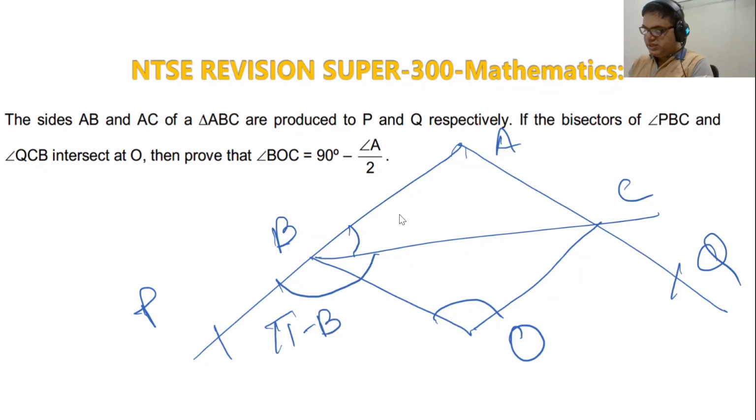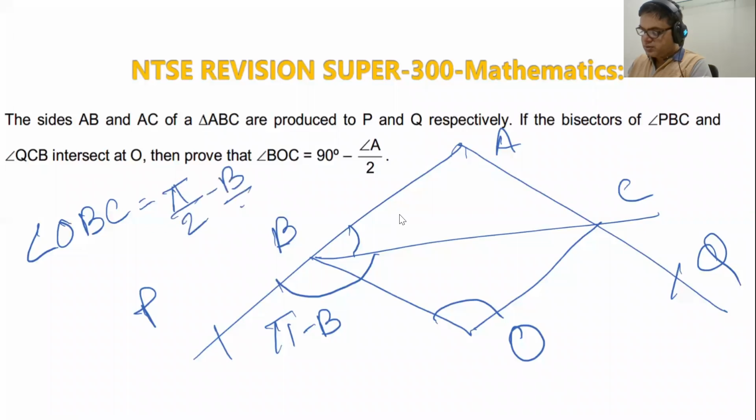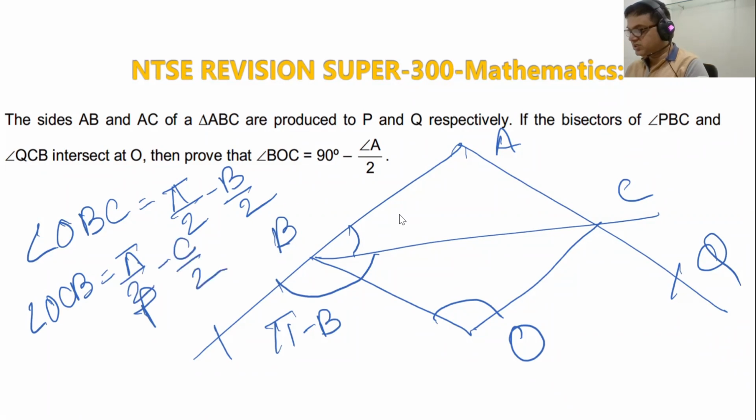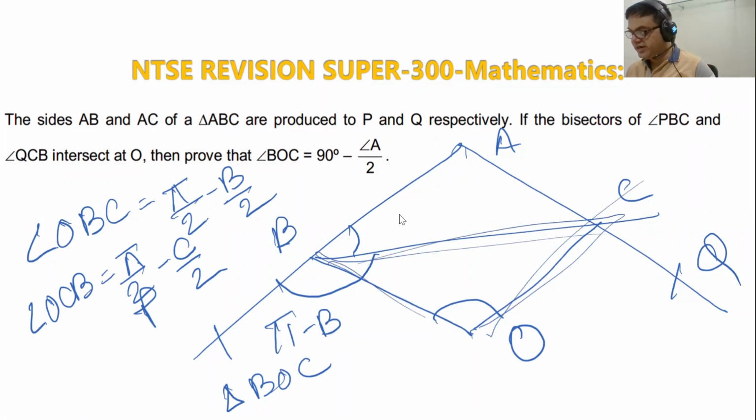So angle OBC will be equal to pi by 2 minus B by 2. ठीक सर. Similarly, angle OCB will be equal to pi by 2 minus angle C by 2. Now in triangle BOC, sum of these three angles, that is sum of OBC plus OCB plus BOC is equal to 180 degree. So angle BOC will be equal to